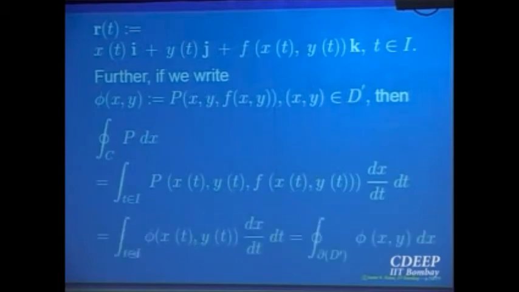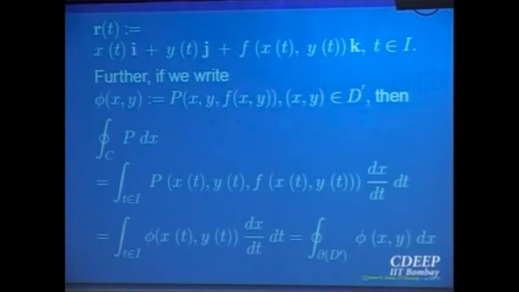And now realize this as a line integral of the plane curve, the boundary of D prime. Because what you are looking at, dx/dt, is a function of two variables only. The third variable is not entering into the picture. So I can realize this line integral as a line integral over the boundary of the base of the function phi(x,y). If I hide the left hand side and only look at the right hand side, how will you evaluate that? To evaluate phi(x,y) over the boundary, you have to give a parameterization for the boundary, and that is the parameterization x(t), y(t). So that is precisely the left hand side.